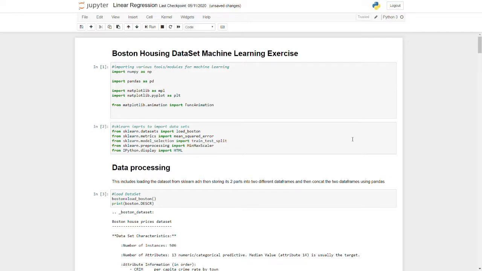I have done my machine learning project under the guidance of Skyfire Lab, and I have completed my machine learning project, whose topic is the Boston Housing data set, and it is as follows.